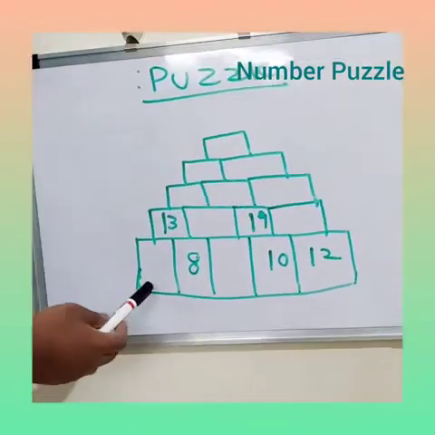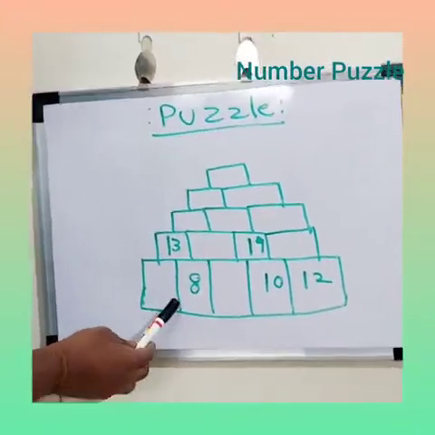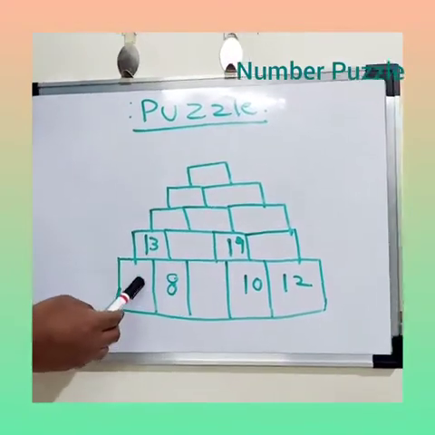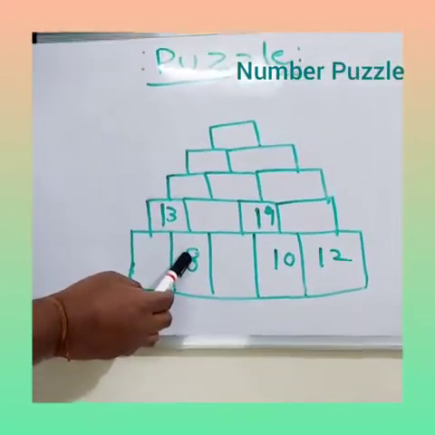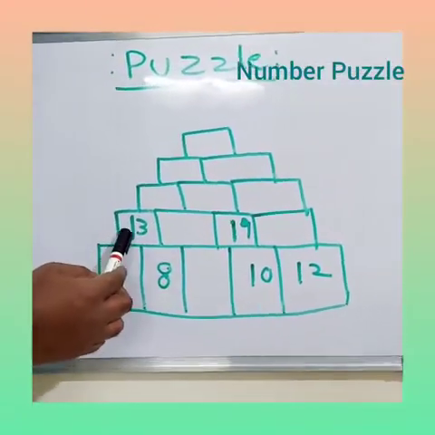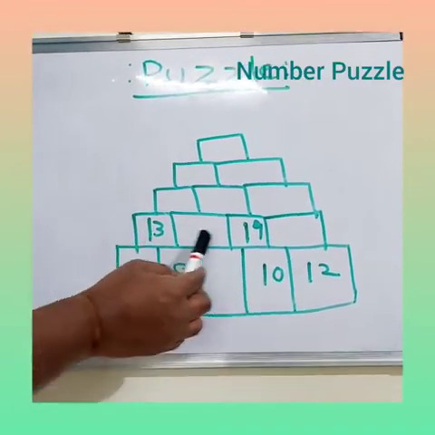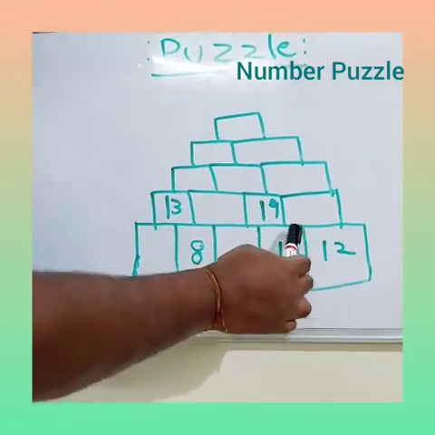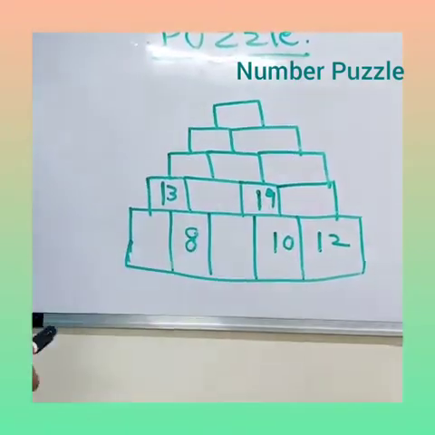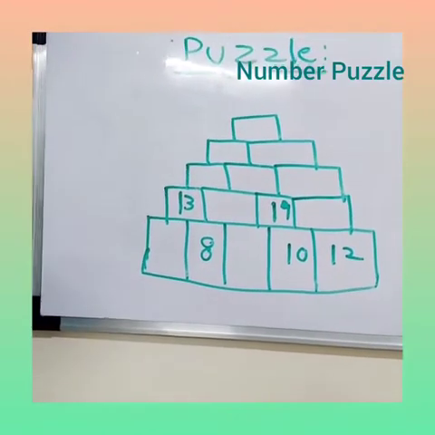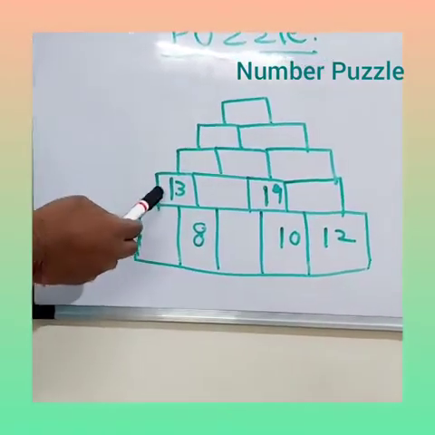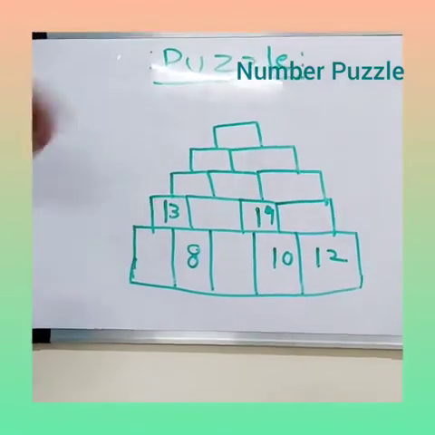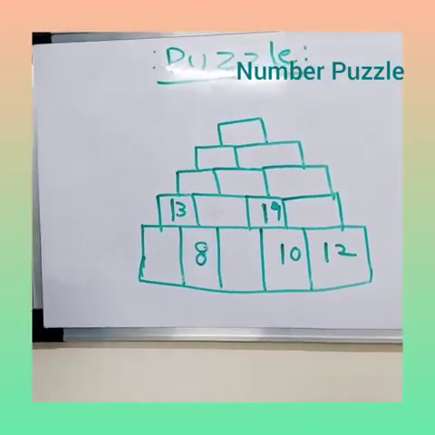In the last series, we have the numbers 8, 10, 12, and opposite of these two blocks there is one block that has the value 13, and here a blank value, here 19, and in the same way this block is also in front of these two blocks. So the logic here is that each block is the sum of the two blocks below it. Now we need to fill the complete series. How will we solve it?